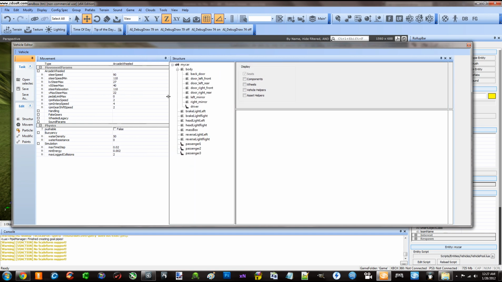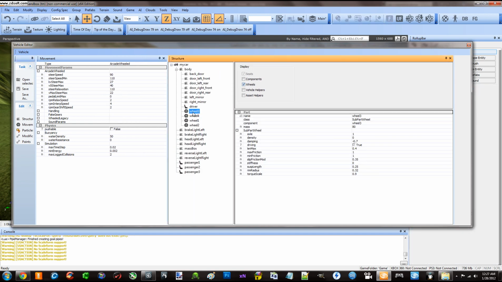And what I'm going to do is I'm going to go to the wheels, and I am going to increase the stiffness. I don't know what a good number is, but I'm going to choose 50. And then same for this, 50. All the wheels. You can set different suspension for the wheels, but